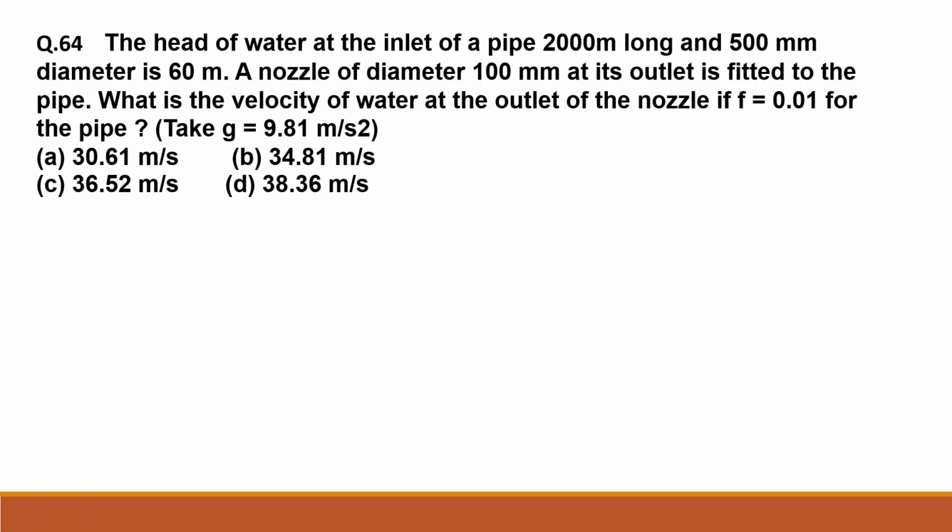64th number question. The head of water at the inlet of a pipe 2000 meter long and 500 mm diameter is 60 meter. A nozzle of diameter 100 mm at its outlet is fitted to the pipe. What is the velocity of water at the outlet of the nozzle? F is equal to 0.014 for the pipe. Take gravity as 9.81. First we will calculate the head loss